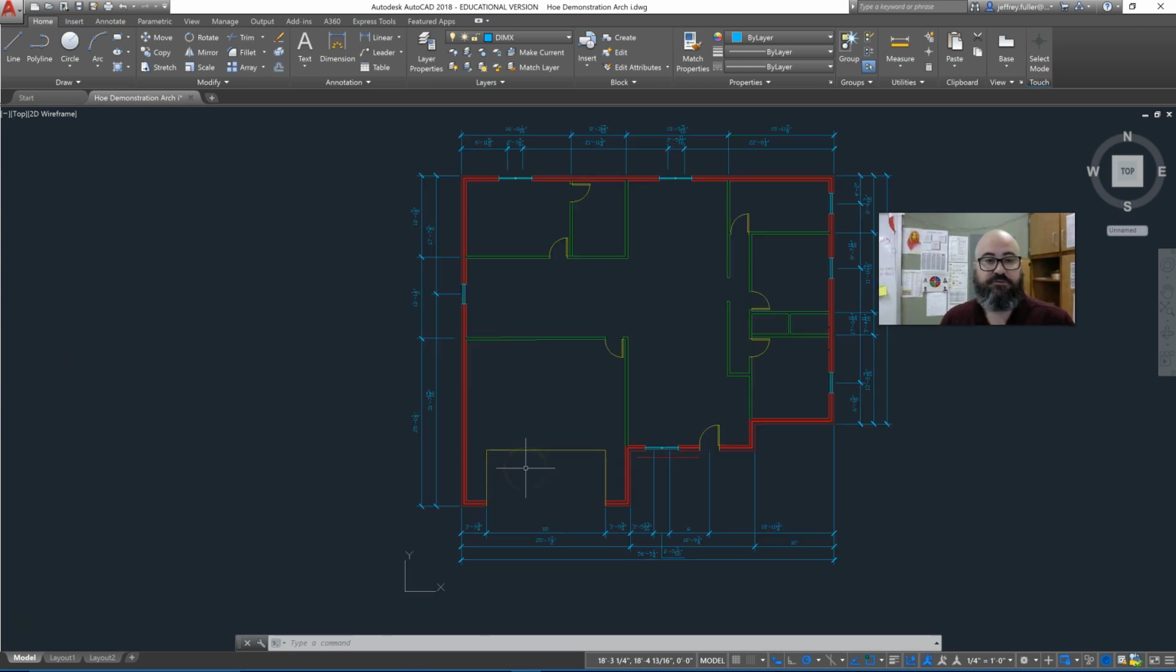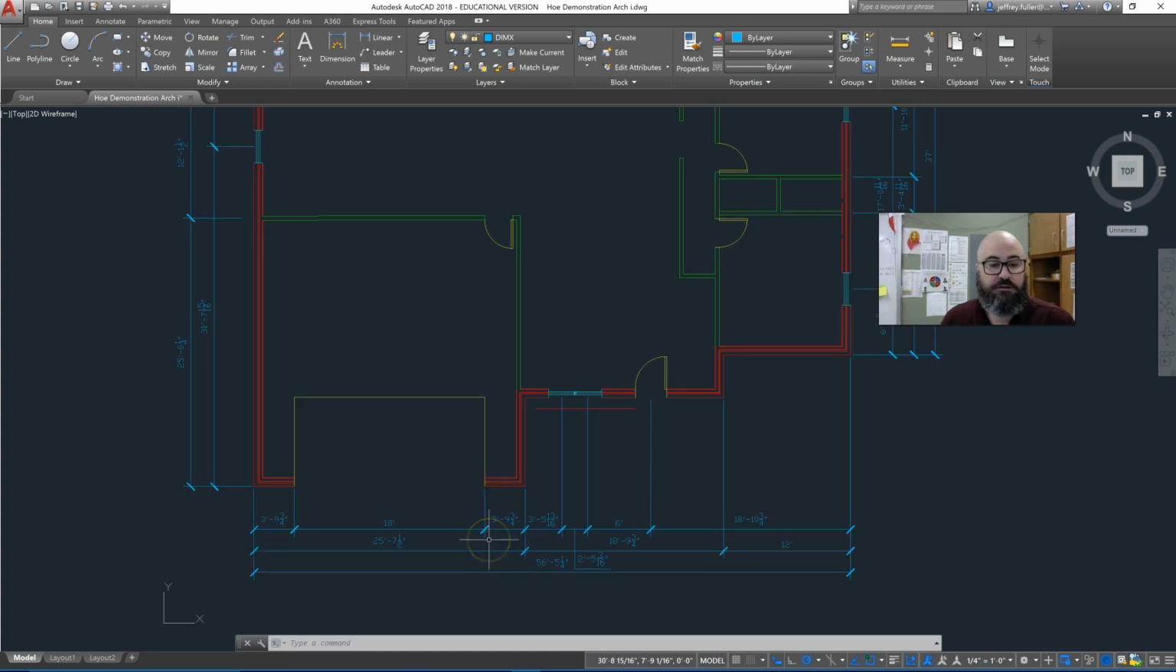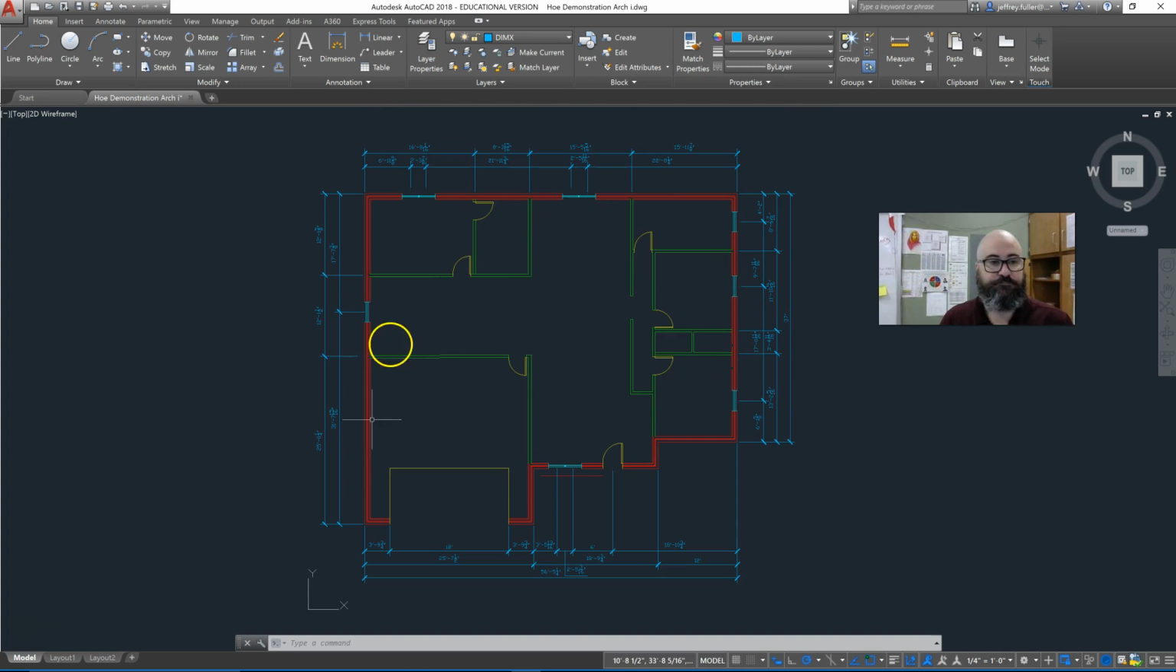Alright, now here's my finished dimensioned floor plan, and as you see, everything looks nice, neat, and uniform. There's a few adjustments you might have to take when working with your